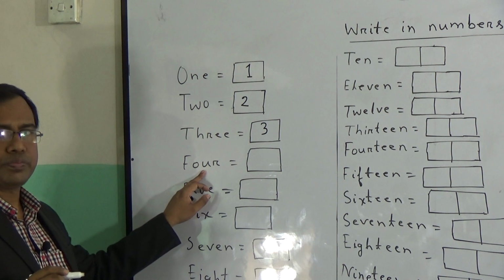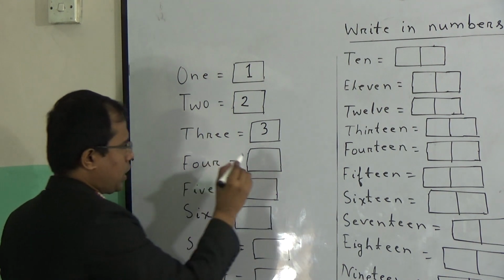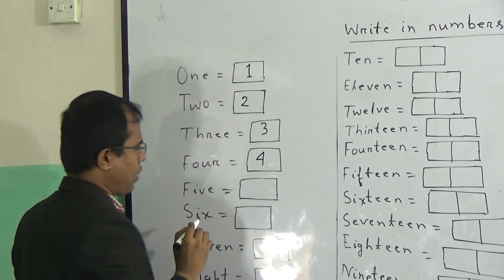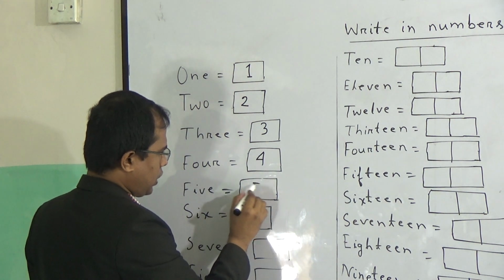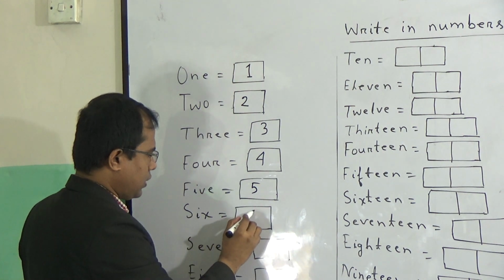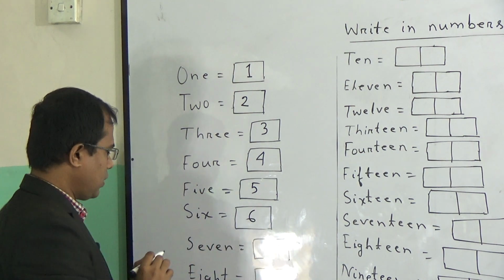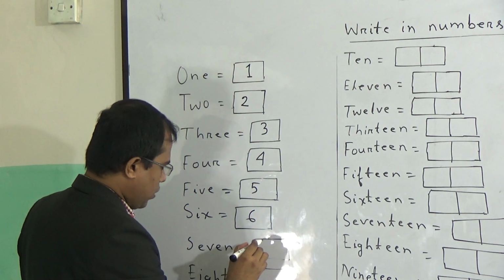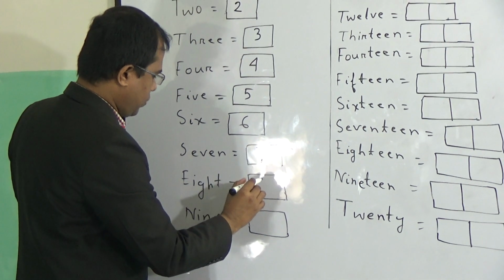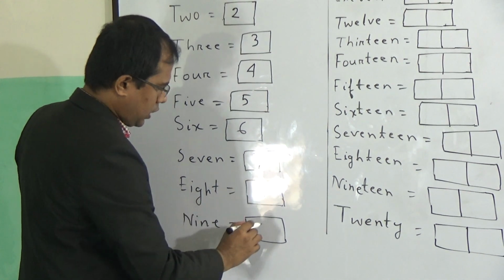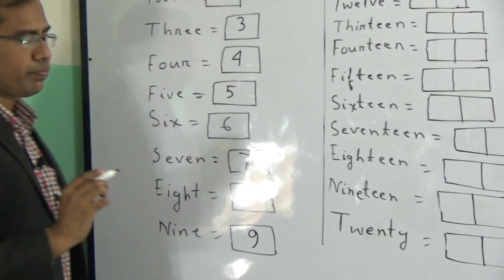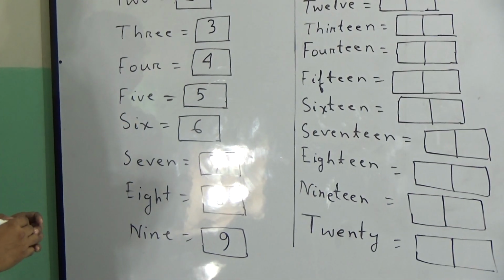Now 4. For denoting 4, we use this symbol. 5. This is the symbol of 5. Now 6. This is the symbol of 6. For denoting 7, we use this symbol. And for 8, we use this symbol. 9. Using this symbol, we express 9. Now,